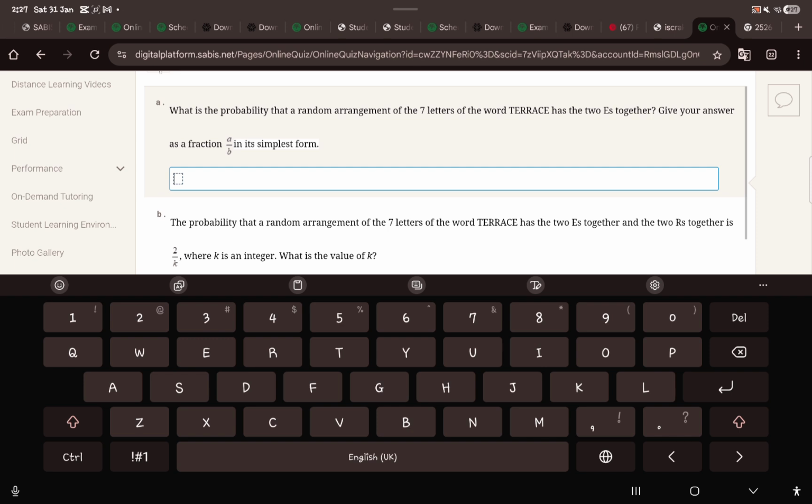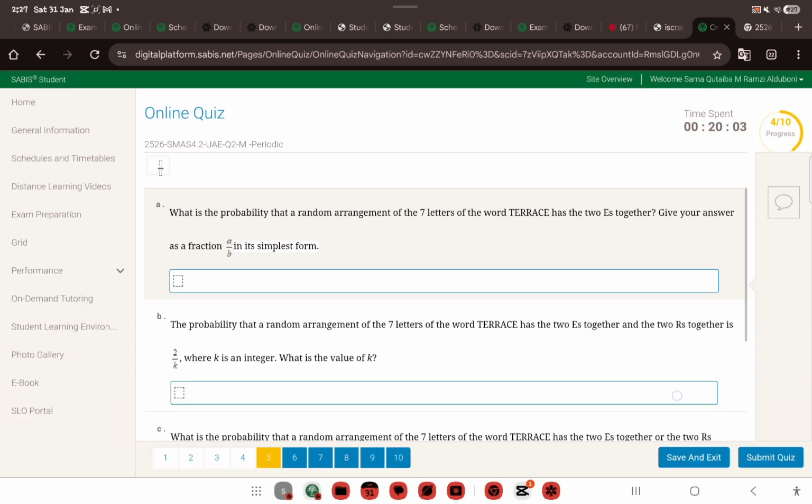Question 5. What is the probability that a random arrangement of the 7 letters of the word terrace has the 2 E's together? So terrace has 2 R's and 2 E's. First of all, we need to find the total number of arrangements. So we do 7 factorial divided by 2 factorial times 2 factorial. So we put it on the calculator. 7 factorial divided by 2 factorial times 2 factorial, in which we get